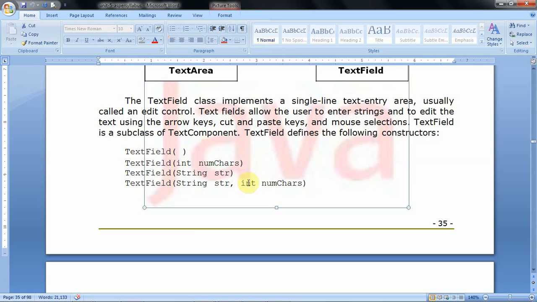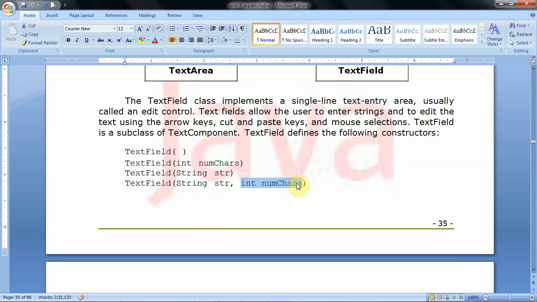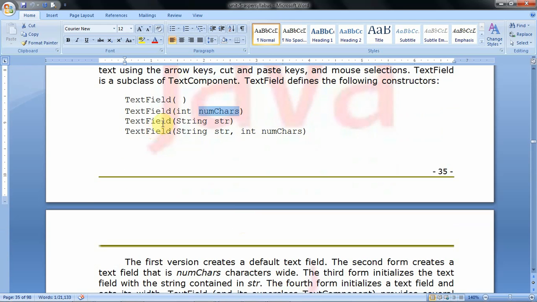Size of the text field is nothing but how many characters the text field shows to the user. The third one is TextField with some initialization string.